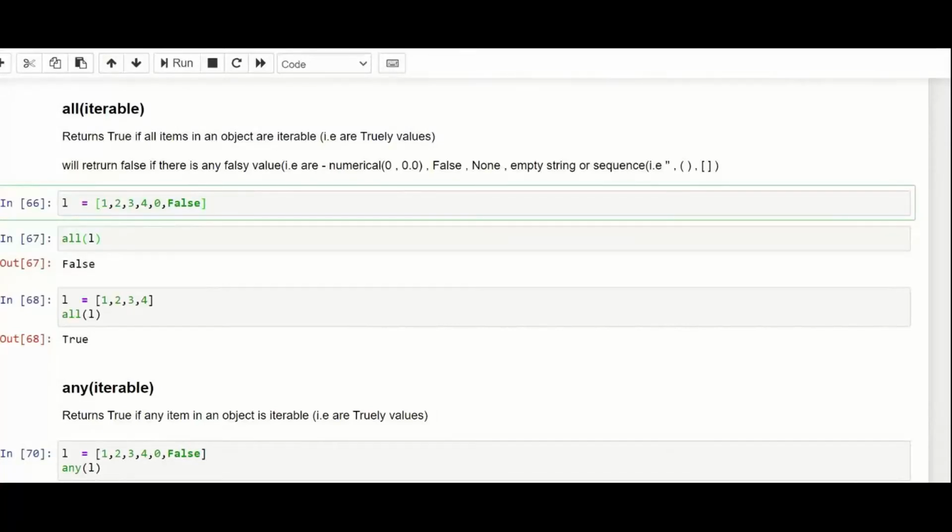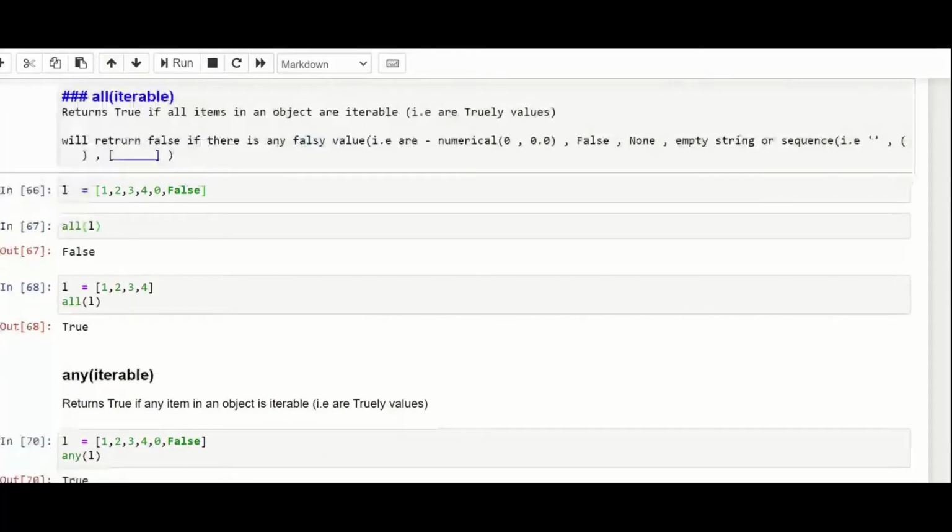Iterable, basically a data structure is known as an iterable. If I talk in simple layman language, it is a thing on which you can iterate, similar to a for loop. You can iterate over a list using a for loop. So those values are known as iterables.